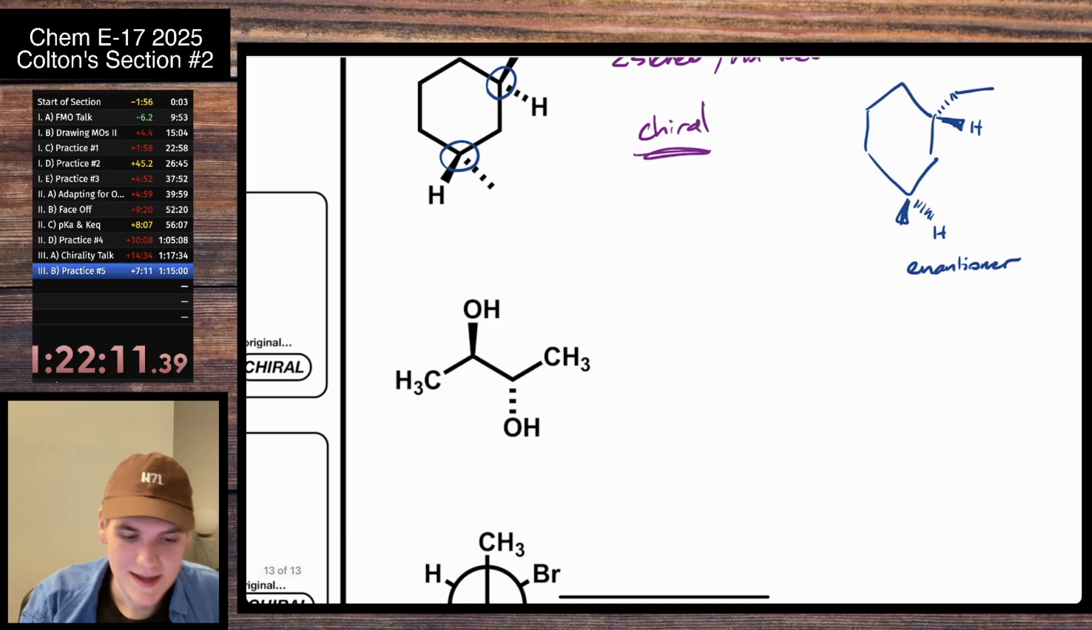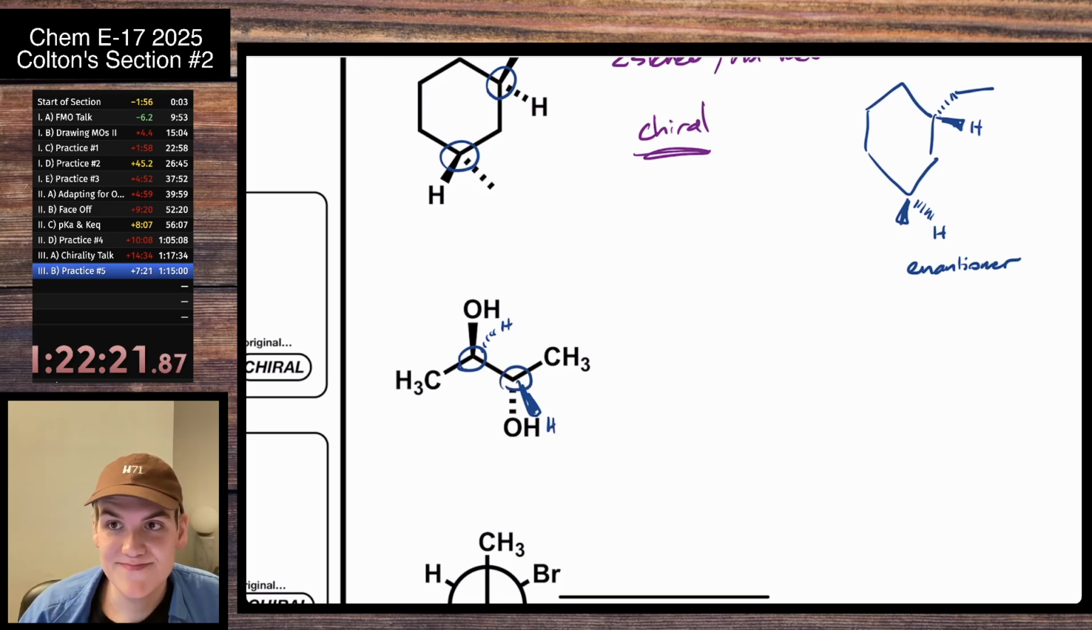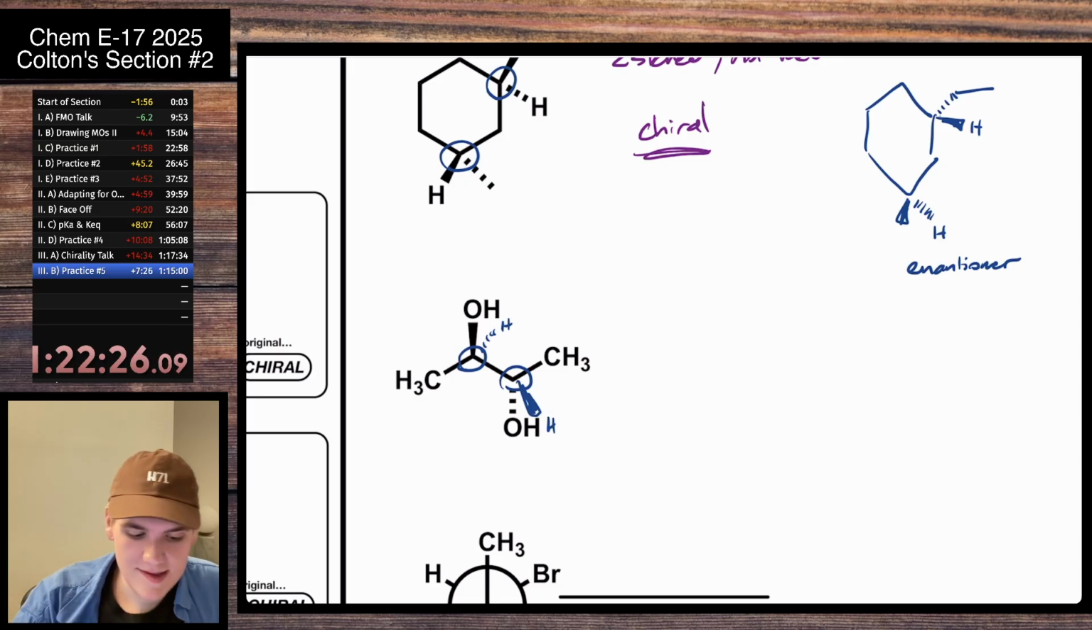Moving right along, down here, we have some stereocenters. This one has a hydrogen over here, and this one has a hydrogen over here. So we have 2 stereocenters. What do we need to check? Well, is it meso? So to do that, we have to redraw this, and what we're going to do is